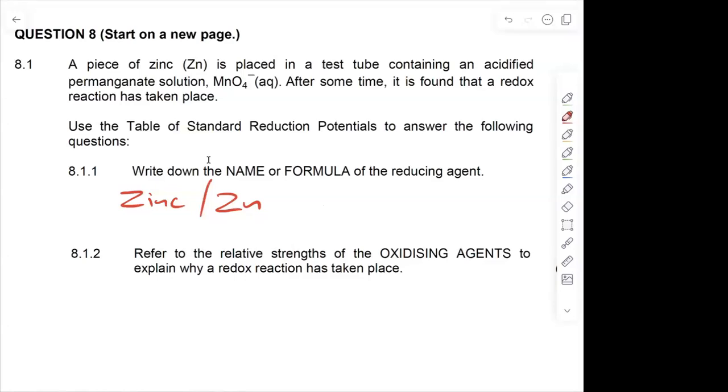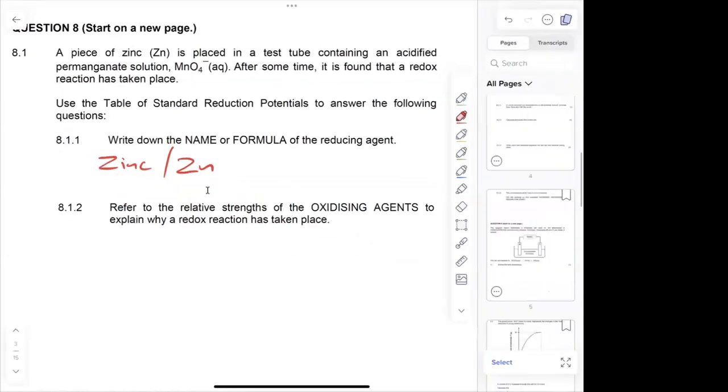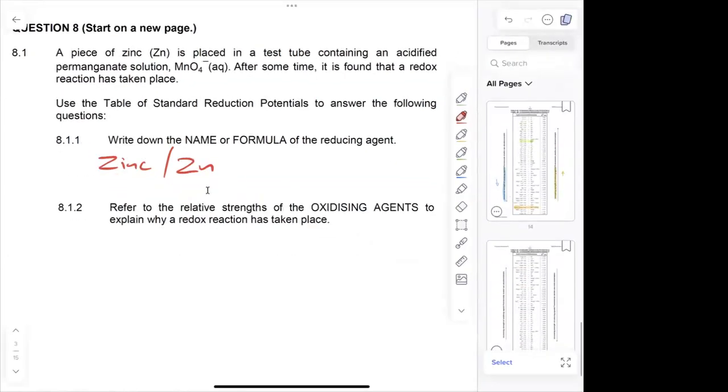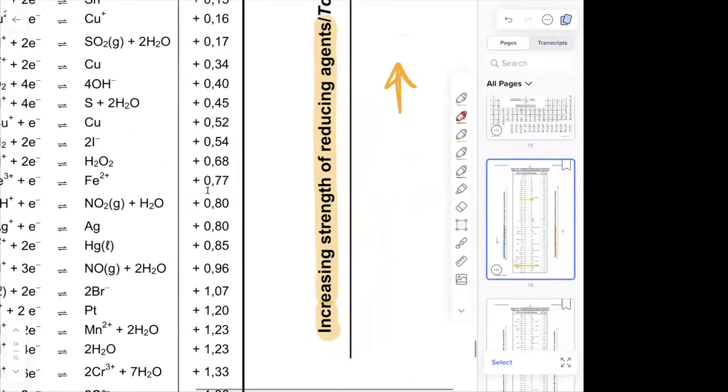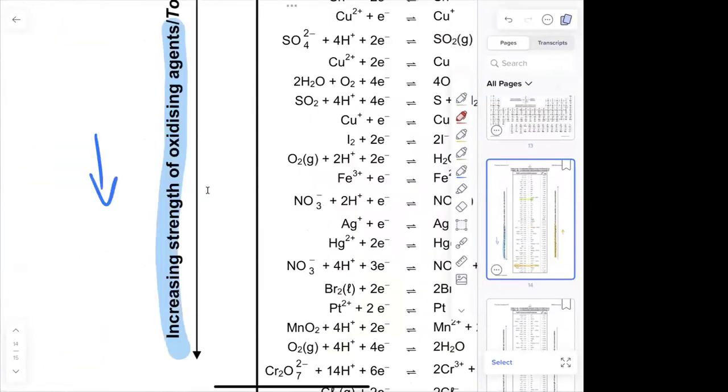8.1.2, refer to the relative strengths of the oxidizing agents to explain why a redox reaction has taken place. So as I explained when we were looking at it, let's quickly go back and look at it. We can see that zinc is going to be a stronger reducing agent. Remember that as we go up on the right-hand side, you've got increasing strengths of reducing agents. As I go down on the left-hand side, I've got increasing strength of oxidizing agents. So it's very, very important to note that now